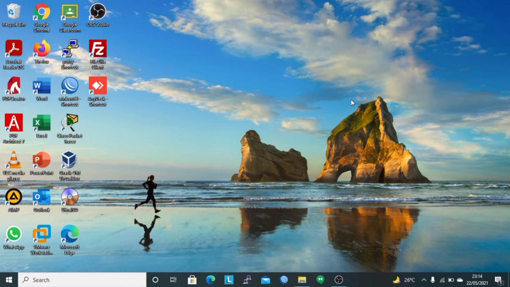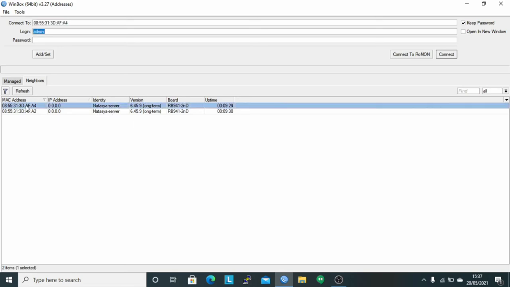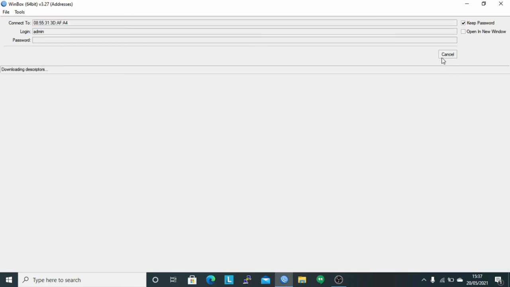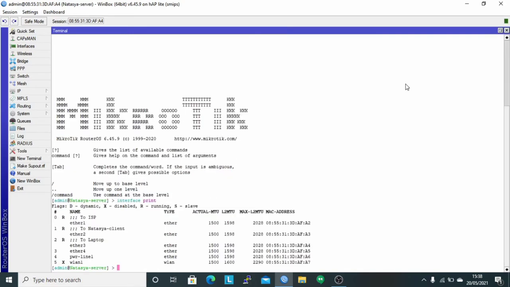And now perform the configuration of review lab 3. First, open the Winbox application, and here I use the identity Natasha server, and click the MAC address to remote the router. First, check the interfaces that I use with the command interface print.